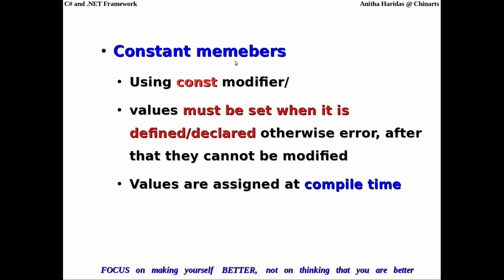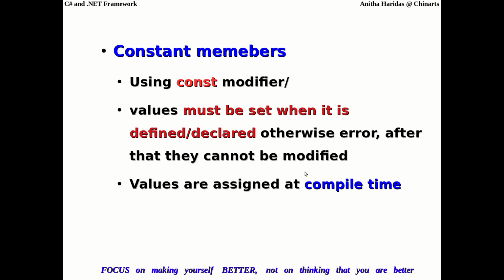If you take constant members, please note the spelling here. If you take a constant member, using the constant modifier, I can declare a member as a constant member. And the values of these members must be set when it is defined or when it is declared itself. Otherwise, your system will give you an error.